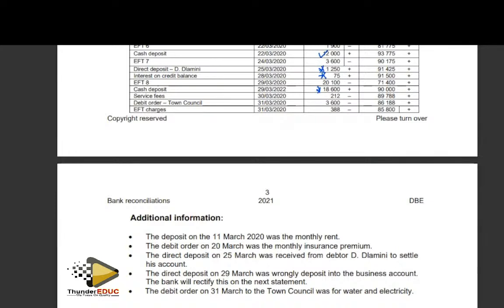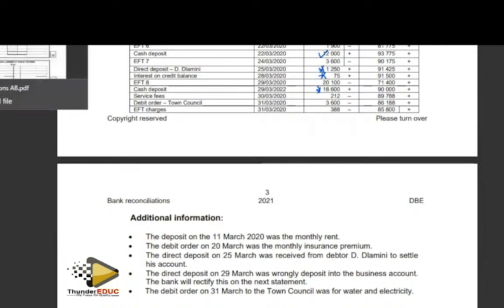Okay. We had another item. What was it for? Interest. We received the interest from the bank, 75 rand. You see that? Remember, whenever you deposit, you keep money on your account, they always give you what? They give you interest. Interest is that amount you earn because of keeping money on your account, right? So the banker gave us some interest